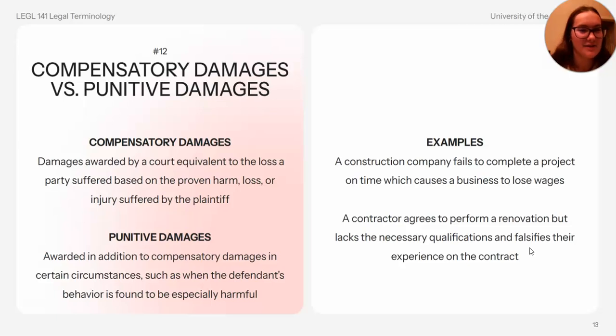Compensatory damages are awarded by a court equivalent to the loss a party suffered based on the proven harm, loss, or injury suffered by the plaintiff. An example would be a construction company fails to complete a project on time, which causes a business to lose wages. Punitive damages are awarded in addition to compensatory damages in certain circumstances, such as when the defendant's behavior is found to be especially harmful. For example, a contractor agrees to perform a renovation but lacks the necessary qualifications and falsifies their experience on the